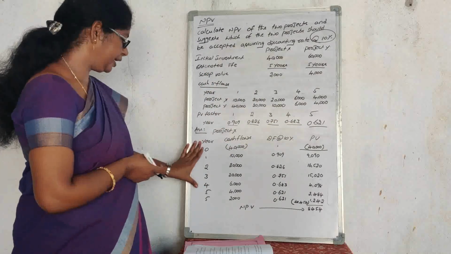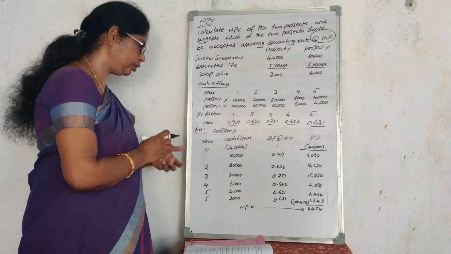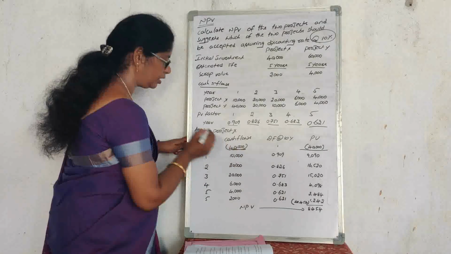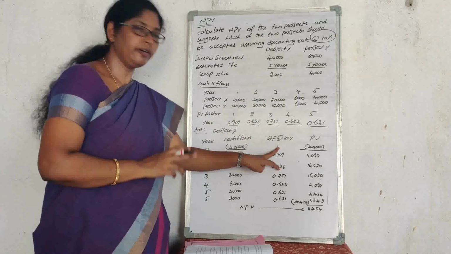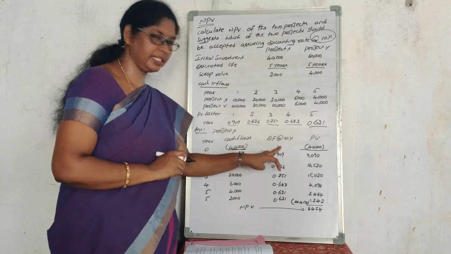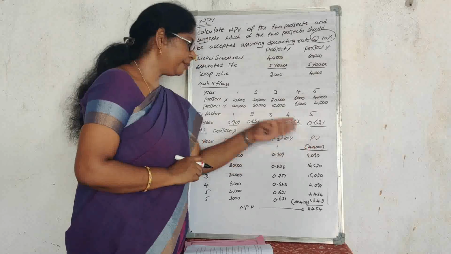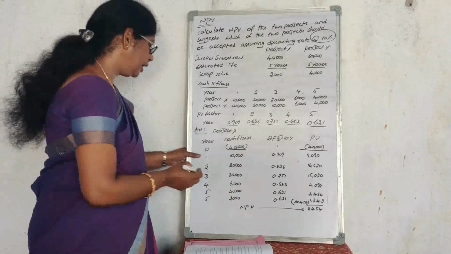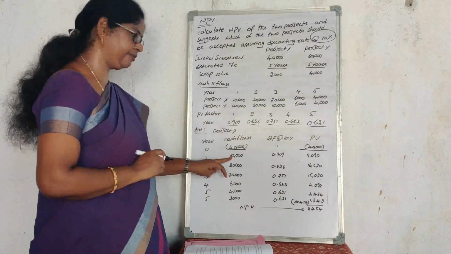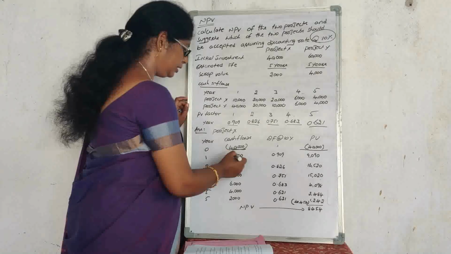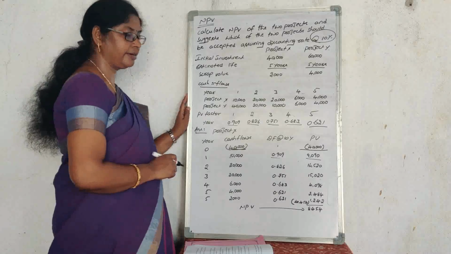Okay. So how many years are there? 5 years. Zero. Why did I have to put the 0? This is the initial investment. 40,000 is going to be invested in that company. So today the value will be 1 rupee. Right now I am investing, the value will be 1 rupee. So at that position, the present value will be 40,000 only. Okay. And coming to the first year, how much amount are you expecting here? 10,000 rupees for project X. After the end of the 1 year, the value will be 9,090.